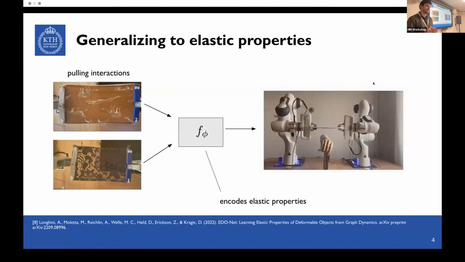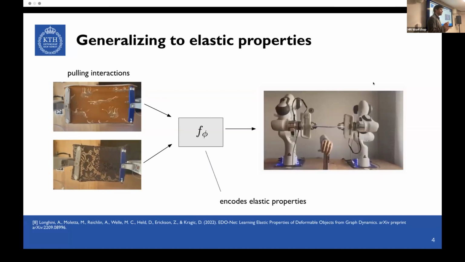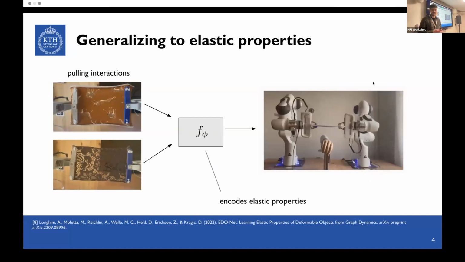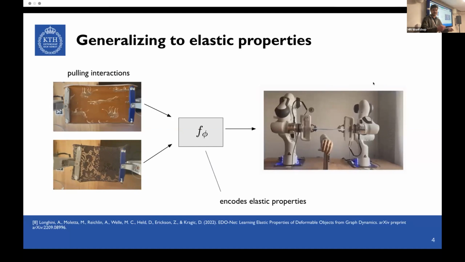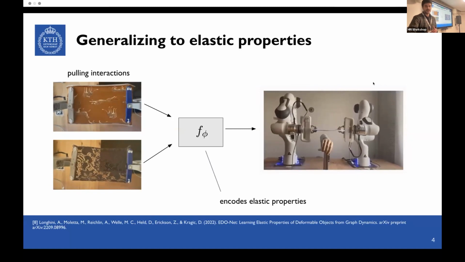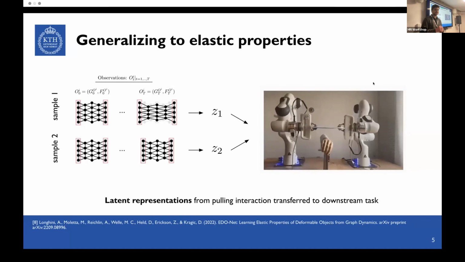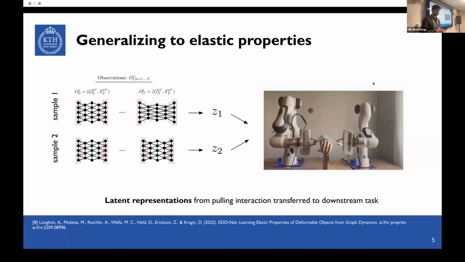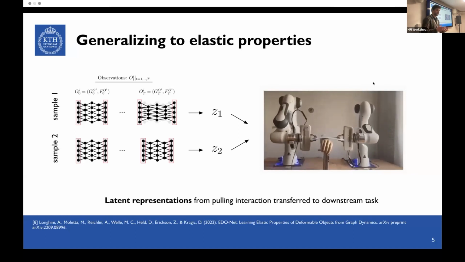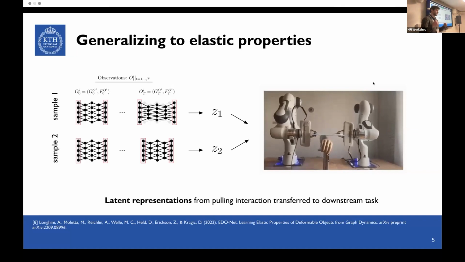And we used an encoder to encode these elastic properties, with the goal then to transfer this information to a new downstream task, which in this case was exemplified by partial bandaging on a human heart, so two possible assisted dressing scenarios. And to do that, we also used a combination of different sensory input. In this case, we used observations as graphs collected from images, coupled with force information perceived at the end effector of the robot.